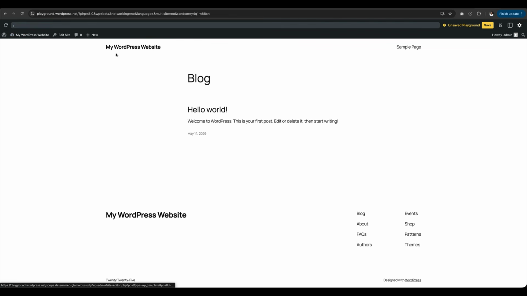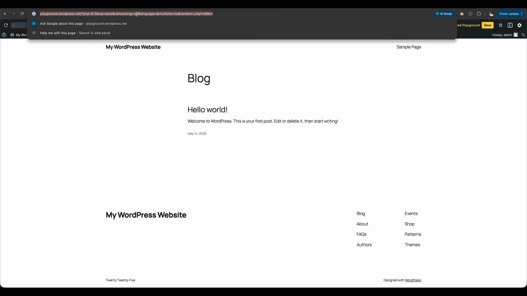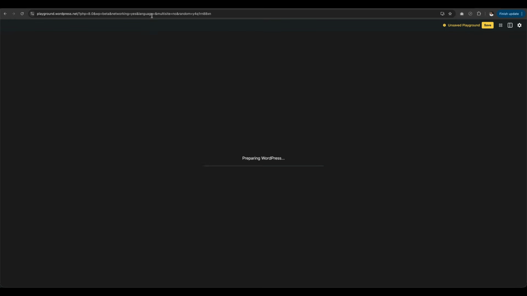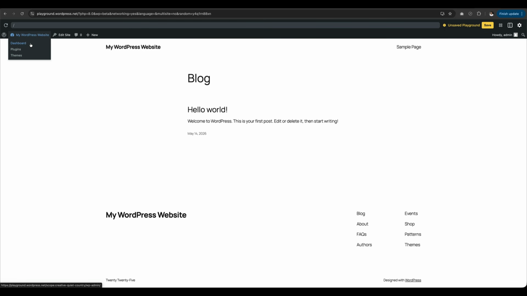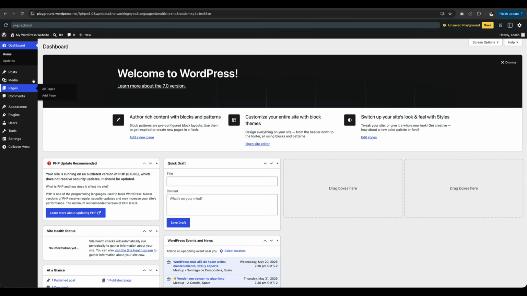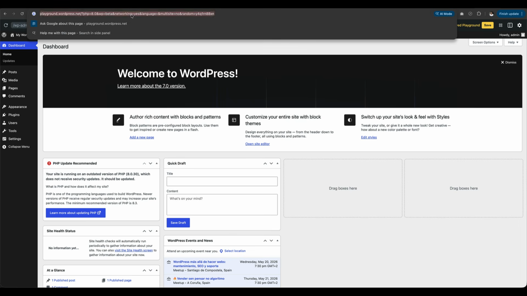And then as you can see, it has created a WordPress instance for my browser itself. And at the top in the URL bar, I'm going to say networking, yes, so that I can get connected to the AI agents. And then I'm going to go to the dashboard because if you don't do that, then you won't be able to connect it. I'll just show you in a moment. If you don't select